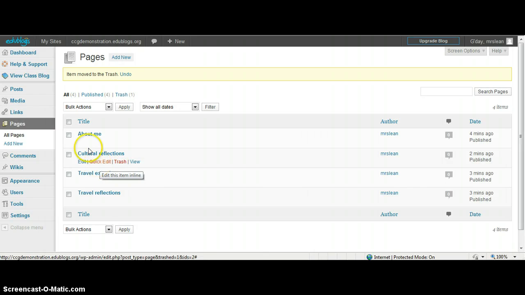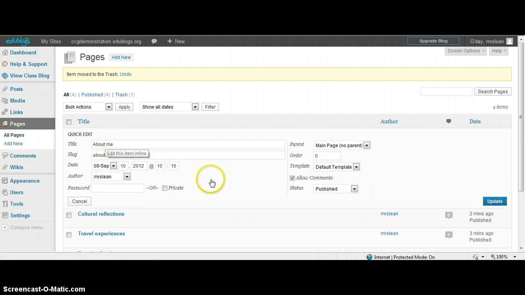And now I can decide what I want to appear first. Well, I want the About Me to appear first. So I'm clicking on Quick Edit, and you'll see here that it's got order 0. So that's where I want it to appear. I want it to appear on the main page, and 0 is the first one that will appear. So if I click on Update there,